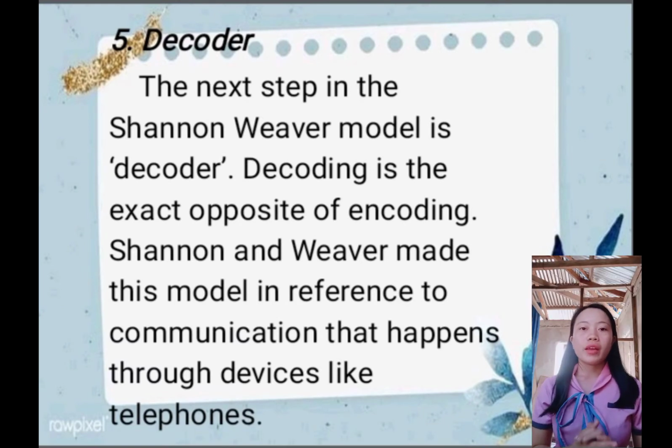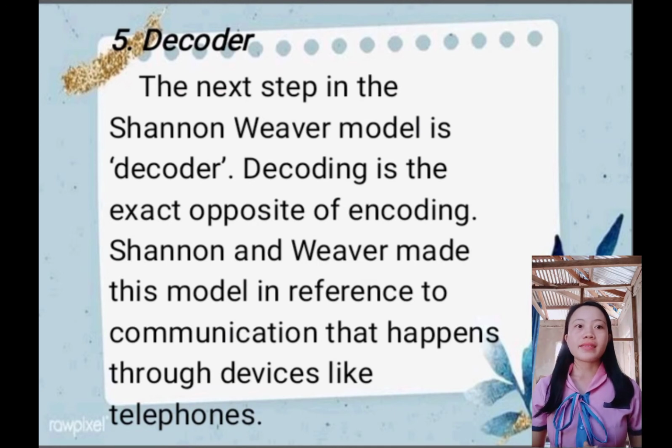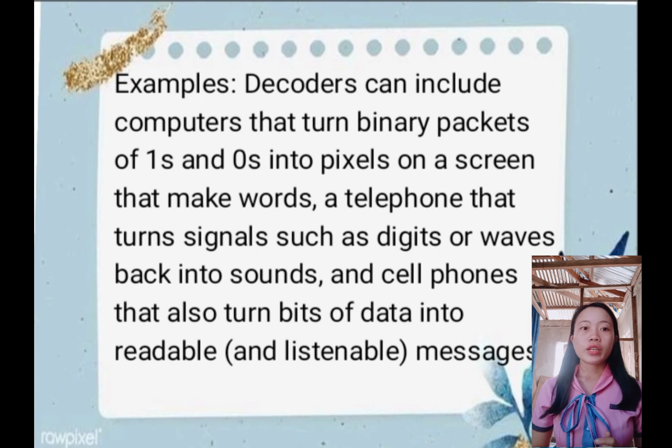Number 5 is decoder. The next step in the Shannon-Weaver model is decoder. Decoding is the exact opposite of encoding. Shannon and Weaver made this model in reference to communication that happens through devices like telephones. Examples: decoders can include computers that turn binary packets into pixels on a screen that make words,